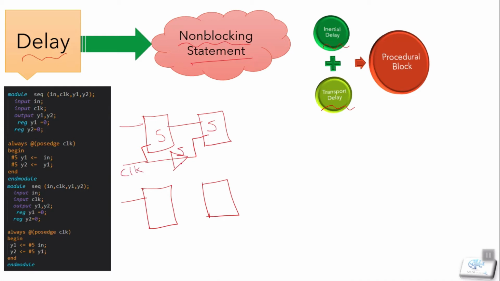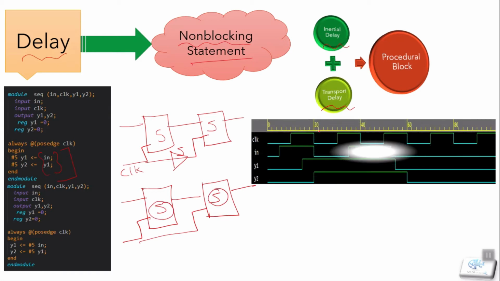Here is another delay of 5, because for the non-blocking statement the right-hand side is evaluated first, but our y2, as these are working in a sequential begin and end block, will add it. And for our transport delay, it's simply the delay of our two flip-flops, 5 and 5.